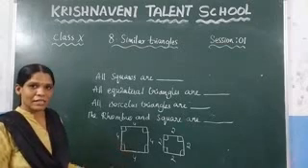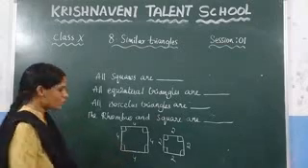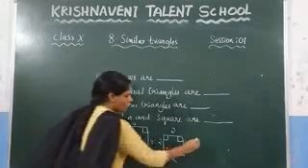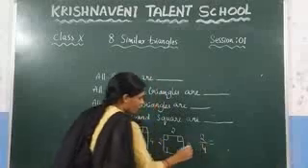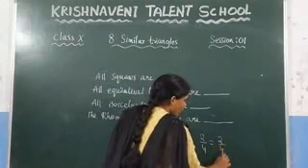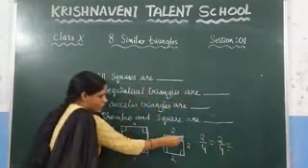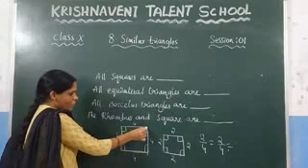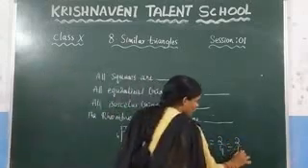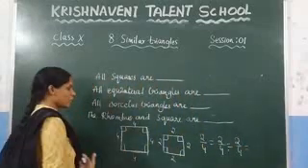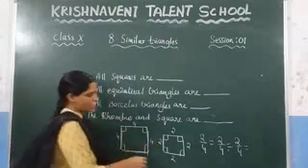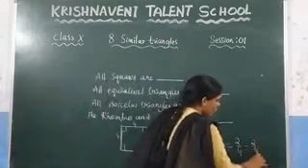Now, you need to check the second one, which is the corresponding sides ratio. That means you need to take the ratio of this side and this side. So what do you get here? 2 by 4. Similarly, if you take this one, this is 2 and this is 4, so you will get 2 by 4 again. And similarly, if you take this side, the ratio is 2 and the corresponding side here is 4, so you take 2 by 4. Now, the last one: if you take this side, what is the corresponding side? This side. So you take the ratio between these two, and you will get 2 by 4 again.